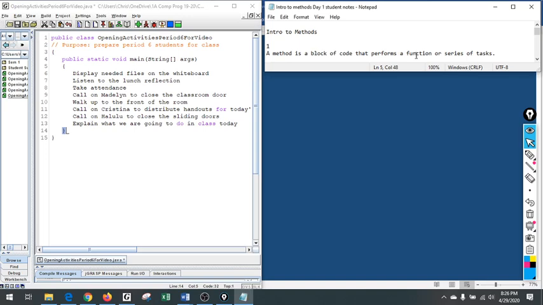So the print method, or the println method, the Math.abs method, the showInputDialog method,